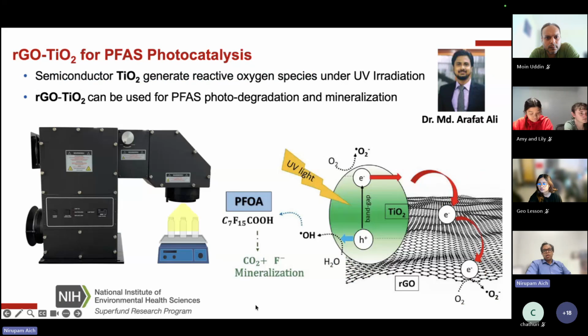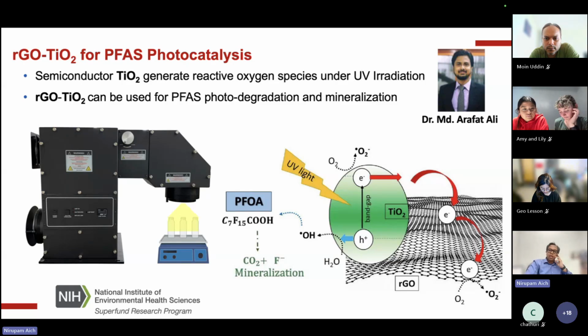In the next project, we are trying to use titanium dioxide, which is a photocatalyst. Titanium dioxide is used in paints. Many of the paints that you see use titanium dioxide because it can take UV light, visible light, or sunlight to create electrons and holes, and again, reactive oxygen species that can react with different types of contaminants and degrade them. We are using that, and this has been mostly successful. I'm not showing the results, I'm just talking about the concepts, how we are doing it.